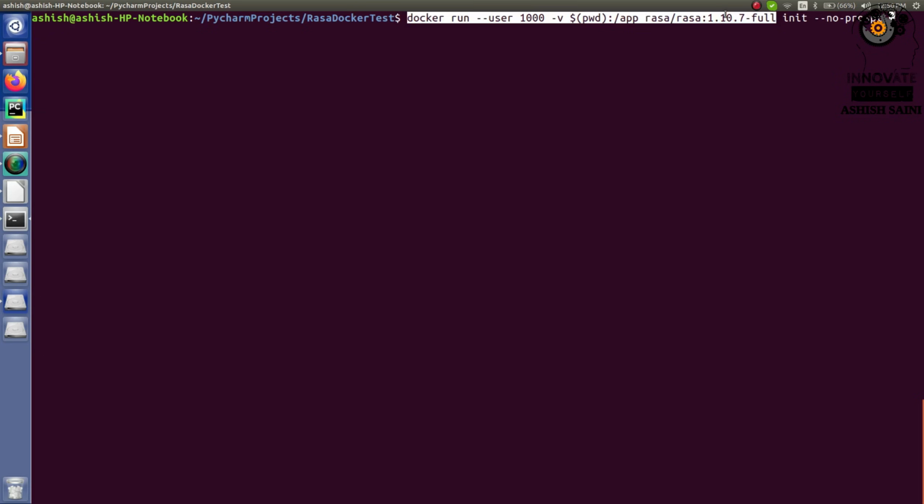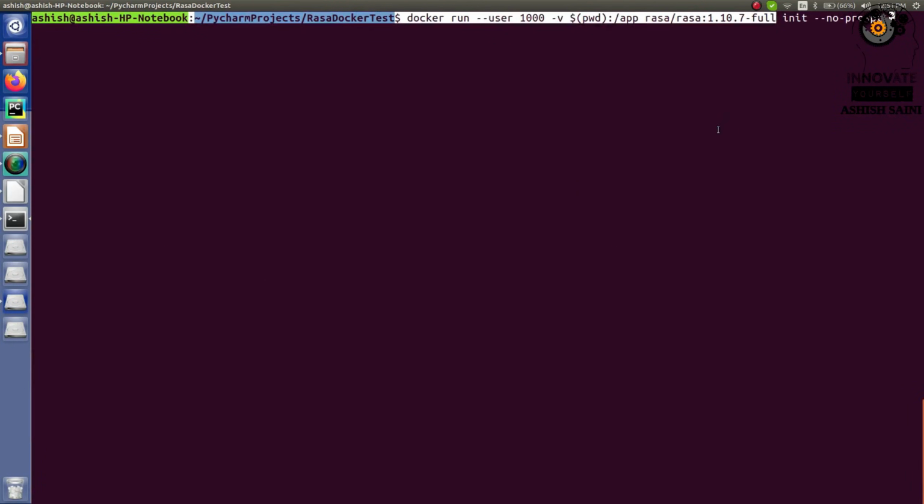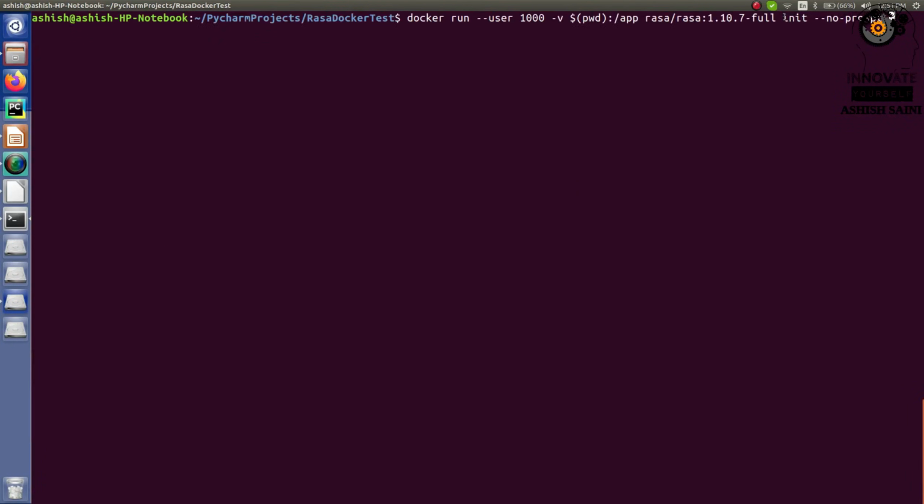Before, when you were working like that, you were simply writing rasa init --no-prompt. Here this whole part is working as a single rasa, and after that you just write the rest of the command, init --no-prompt, right? Due to this, you will be able to start initializing your project.